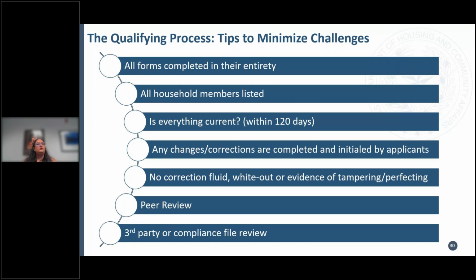I know sometimes when they come back 3 and 4 times for corrections, it is frustrating. Y'all remember I was on site for 20 or 15 years before I came to work for TDHCA, so I do feel your pain. I do understand the process that's in place, but those guys are looking at it with just a clean set of eyes, and they are looking at it from an owner, investor, management company point of view to make sure that file has all the answers and all the information needed.